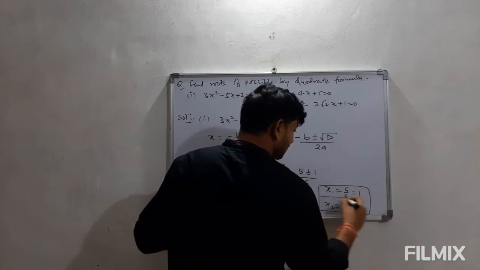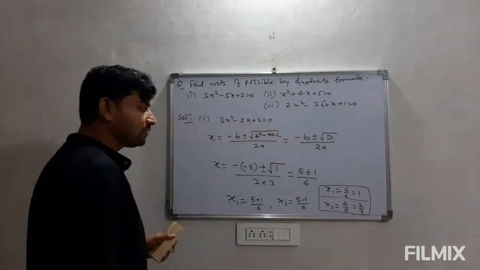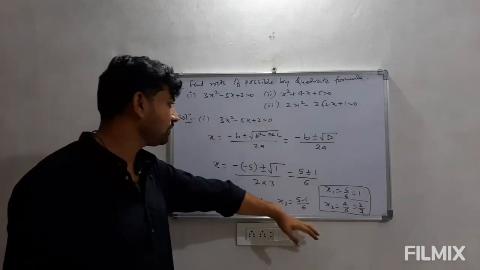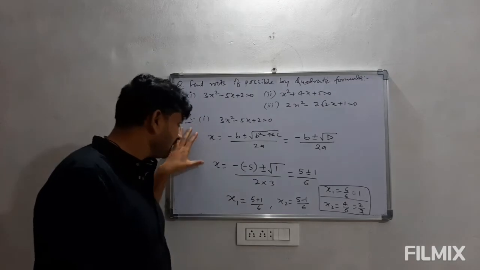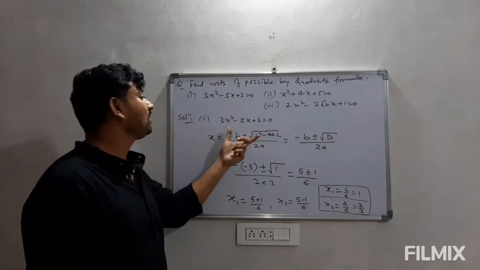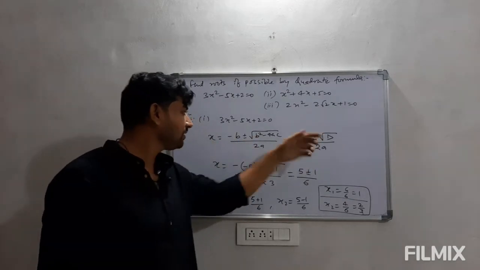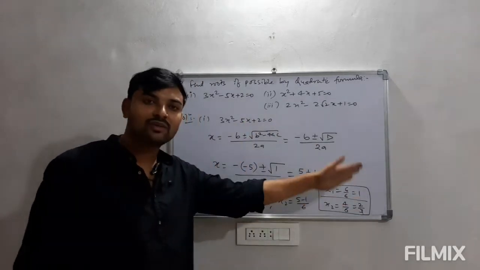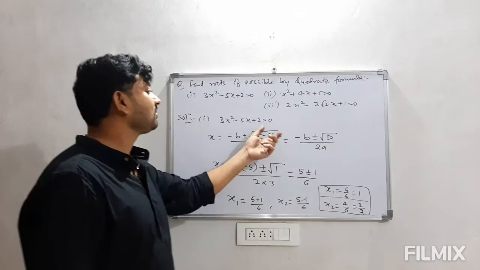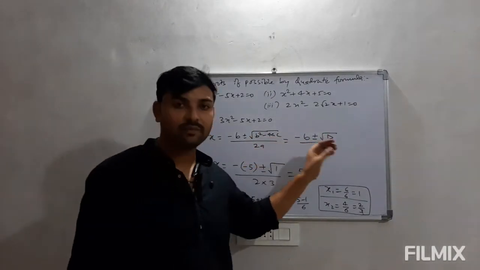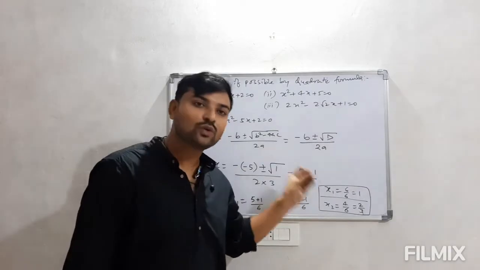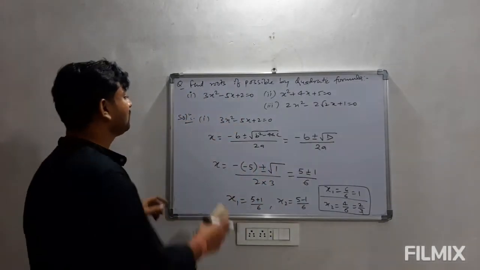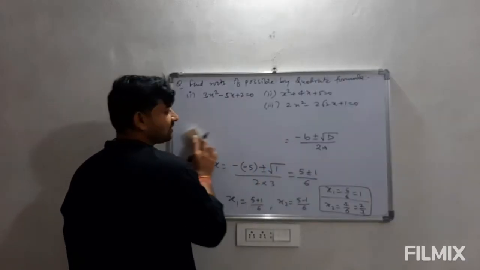So these are the values of x1 and x2 here, and we are able to find out the roots by using the quadratic formula. Now look at this process. This is really simple. You only have to find out the value of the discriminant, substitute the values in the quadratic formula, and directly we can find out the roots if the discriminant is not less than 0. अगर 0 होगा तो भी निकाल लेंगे, और greater than 0 होगा तो भी हम इसको रूट्स को कैलकुलेट कर सकते हैं.